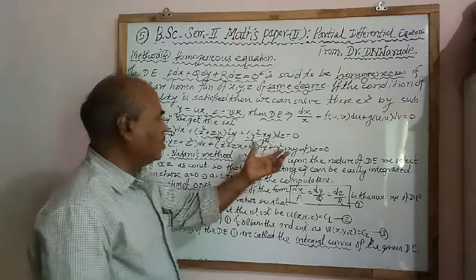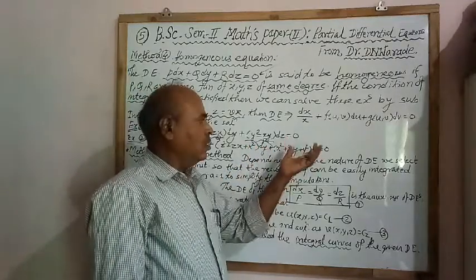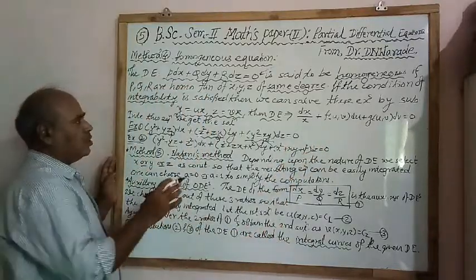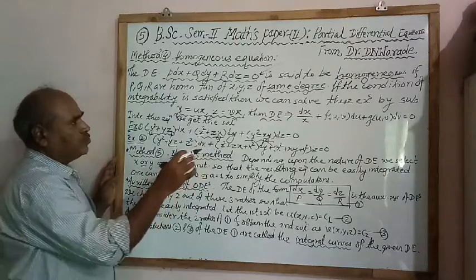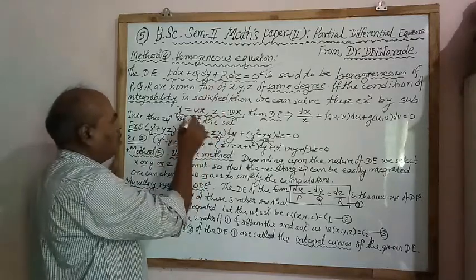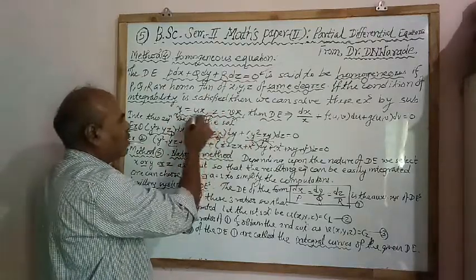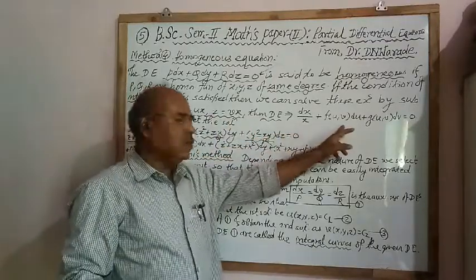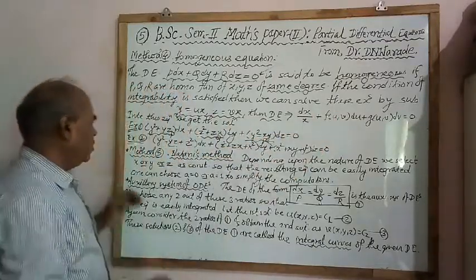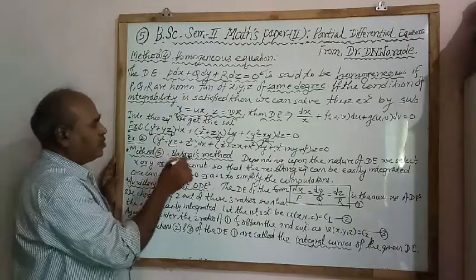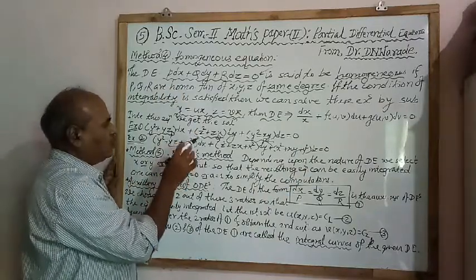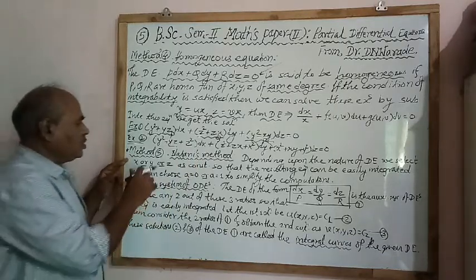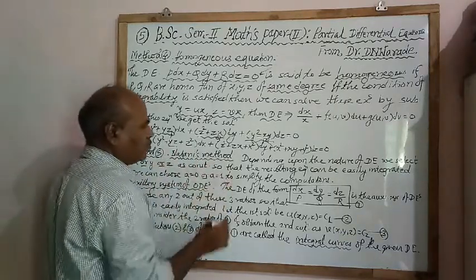The method of solving these examples is very big and complicated. Therefore, only objective questions can be asked, so that you can remember what a homogeneous equation is and how these are solved by the substitution y equal to ux and z equal to vx, then the resulting equation is integrated to get the solution, and identification of the equation which is homogeneous or not homogeneous.